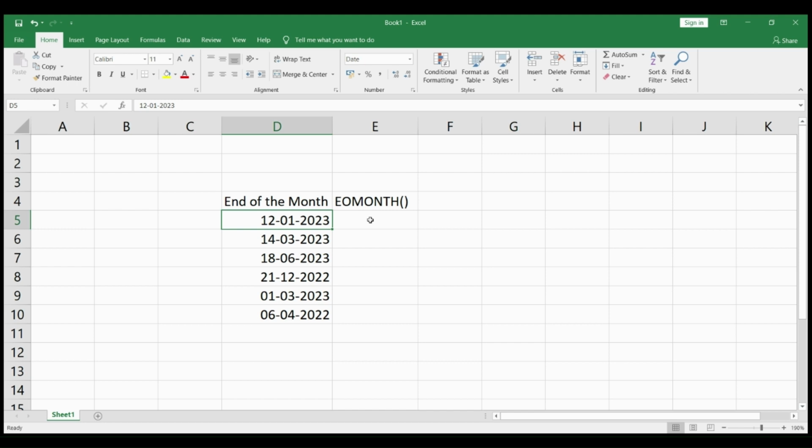So I'll show you how we can use this end of month function to find the last date of a particular month. In the first case, it's 12/1/2023, 12th January 2023. We all know that the last day of January is 31st. So let's see how we can find it using the end of month function. First type the equal sign, then EOMONTH, the opening braces. And here now you have to select the start date,